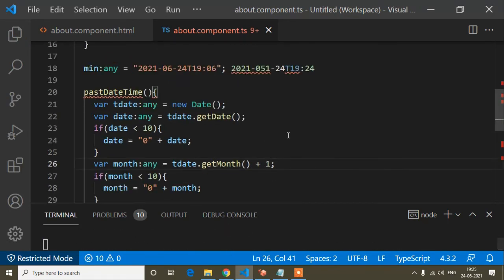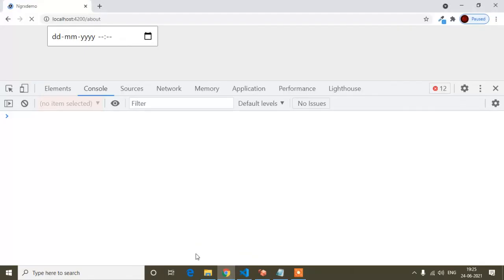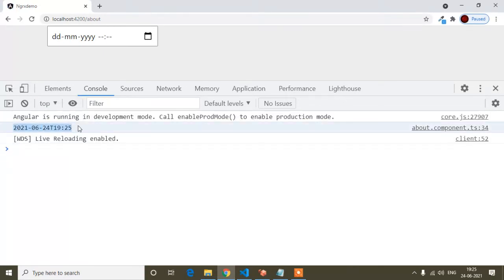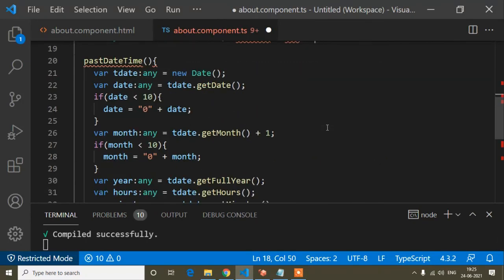Just a minute guys, now I will save, and now you will find it's returning the correct thing. So copy, and now if I paste, I hope you have understood that here is the string, and then month is returning as a number. So left is the string and right is the number. When it starts to print, that time it will be counted as a string value, because JavaScript starts to execute from the left. You can see left is the string, so it will be treated as a string value.